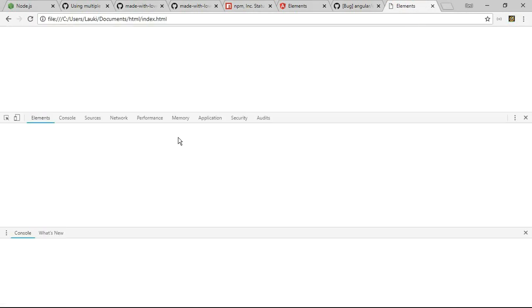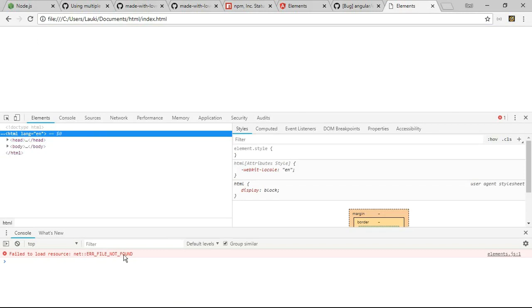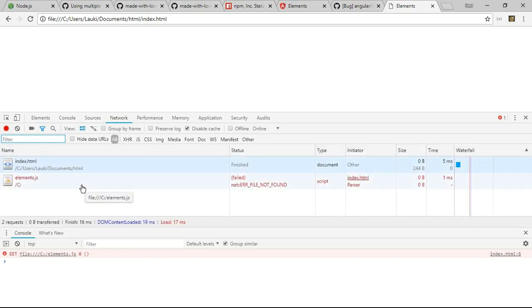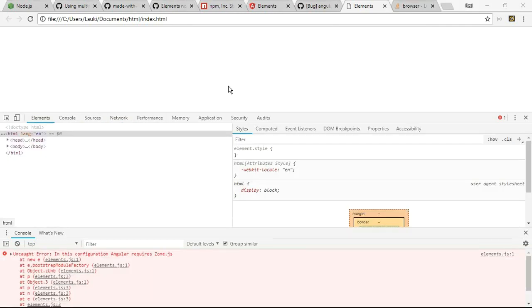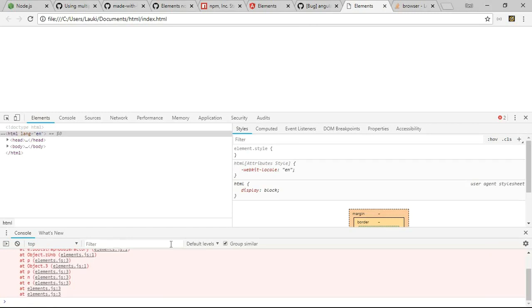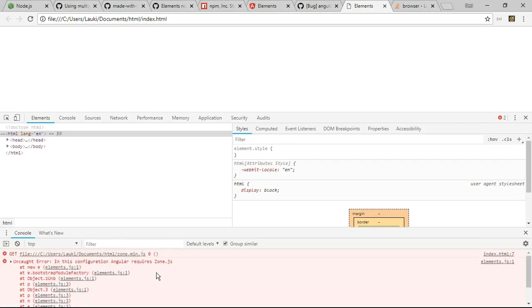Okay, it has failed. File not found. What was the file not found? Okay, let me just go back again. Right, so the error was simple. I made a mistake. I was not including the type as JavaScript. So I just included the elements class, and I just tried to load the whole page. If I go back again and try to load the whole page, it gives me one error. It says that